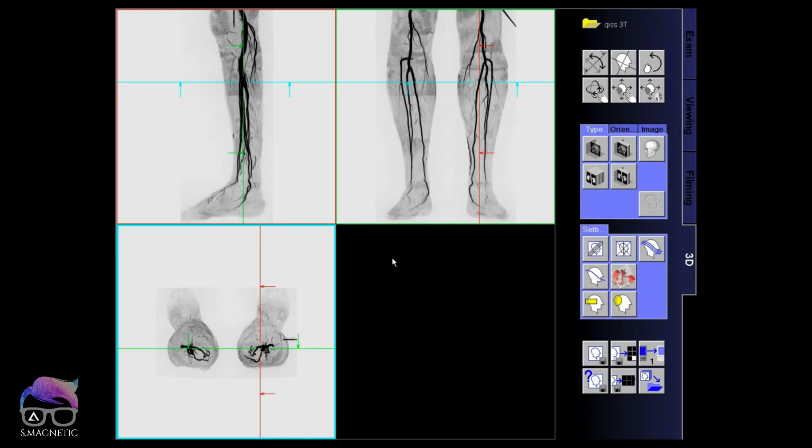It's surprisingly easy to set up and easy to scan. Just follow it from the beginning to the end, and then you will get good images. Alright, we're at the end of my video, so I hope you enjoyed it and learned something new today. And remember, this is how I do it, so there are probably many other ways to get to the same goal. Surprisingly, it was very easy to set this up because the sequence in the Siemens tree is already so good and so easy to set up, showing you all the pitfalls you may avoid when it comes to ECG and planning part. So if you really want to try it out, I really hope you enjoyed it and get good